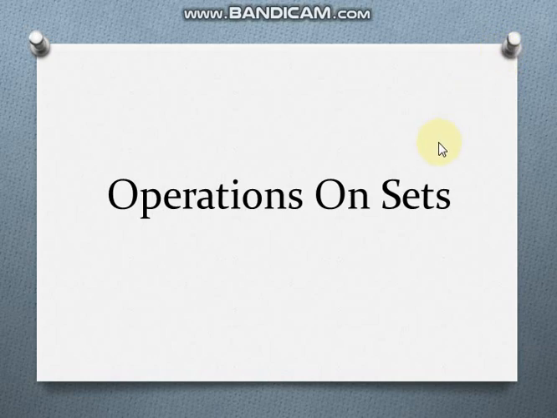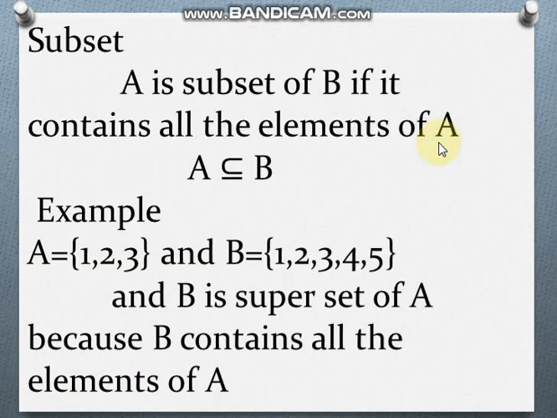First we will get to know about subsets, what subsets are, and how to find them. Set A is a subset of B if B contains all the elements of A. We can say A is {1, 2, 3}, and B's elements are 1, 2, 3, 4 and 5. We need to check whether all of A's elements are present in B. If yes, then we can say that A is a subset of B.